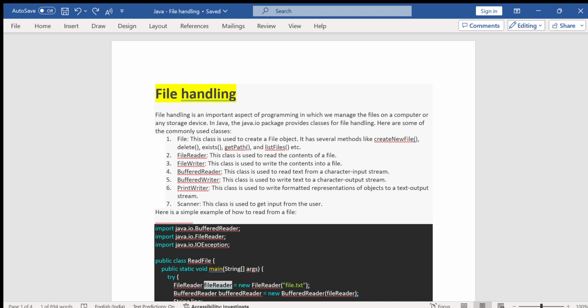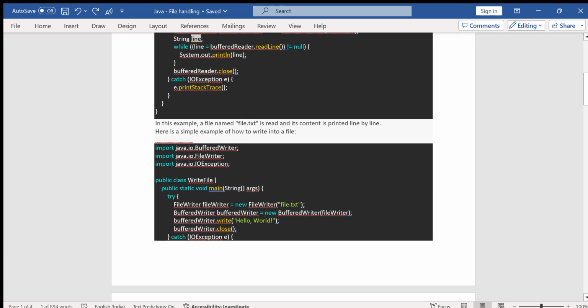FileReader equals new FileReader, file.txt. BufferedReader equals new BufferedReader, fileReader. String line. While, line equals bufferedReader.readLine, not equal to null, System.out.println, line. BufferedReader.close. Catch, IOException